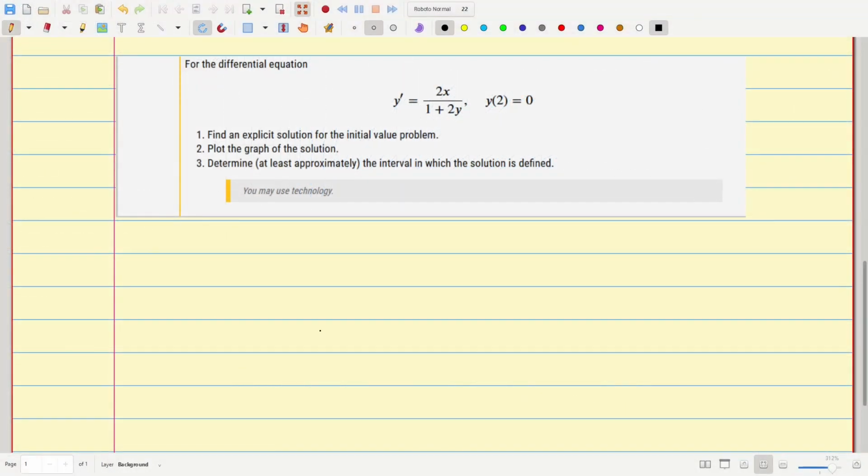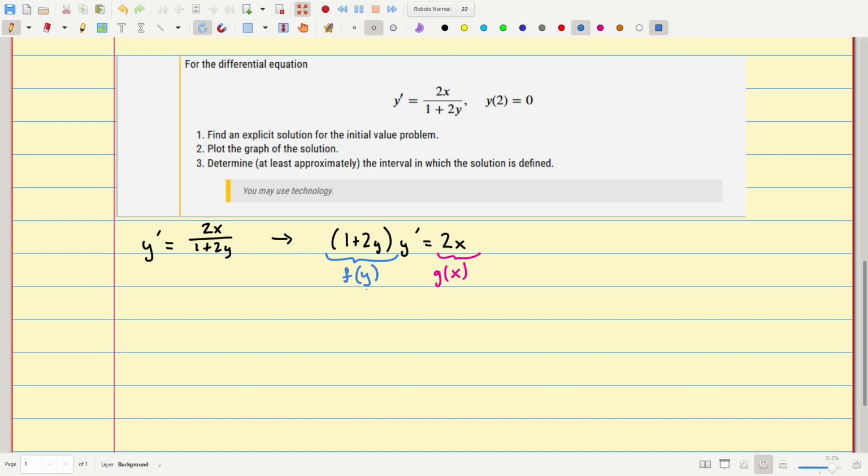Next up, we have a separable equation. So if we write this out, y prime equals 2x over 1 plus 2y. The main thing to notice about this expression is that it can be rewritten in this form, which is noteworthy because we have separated everything that depends on y from everything that depends on x. And so if we wanted to, we could write these as